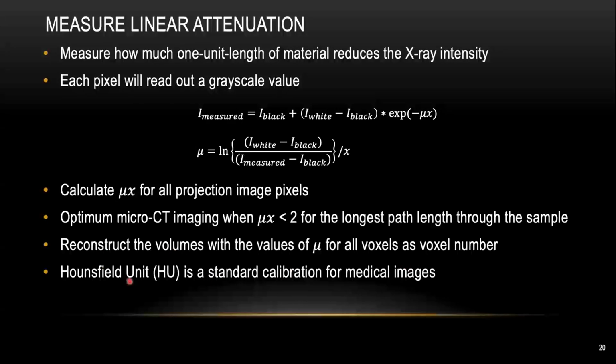The Hounsfield unit is simply a standard calibration scale for medical images. For this kind of scale, they are using air and water as the reference points. So for any user sample, if you are not using air and water as your reference points, you can't use the Hounsfield unit. Using the Hounsfield unit won't be appropriate. And sometimes you might also need to get some kind of phantom if you want to do a nice calibration for certain materials. For instance, now they do have a lot of very standard phantoms you can get for bone samples.